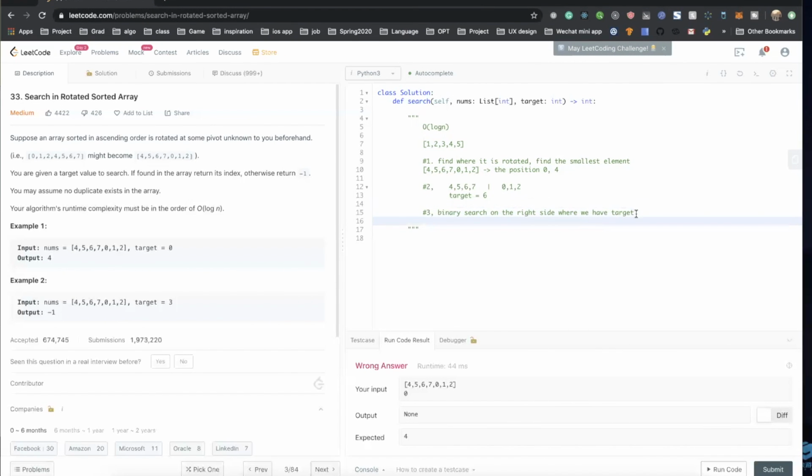So let's jump into the coding. The most important step is still to find where it is rotated. So how do we do this? Indeed, we need to get the middle point. Then